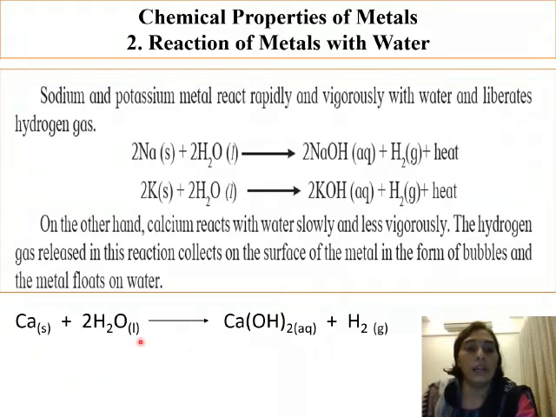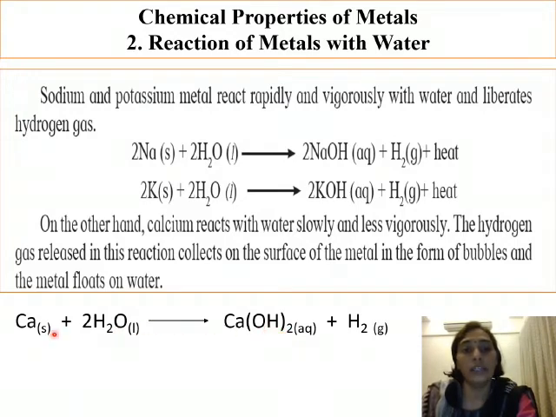Now here the balancing is, here we have 4 hydrogen, 2 we can see here and 2 here. So total 4 hydrogen. To make 4 hydrogen here, we write a coefficient 2. Oxygen becomes 2. Here we already have 2 oxygen. Remaining atoms are balanced, that is calcium is already balanced. So this is what is the case.